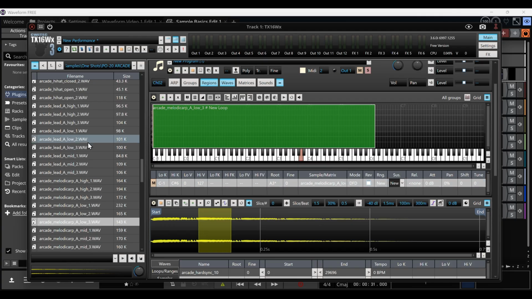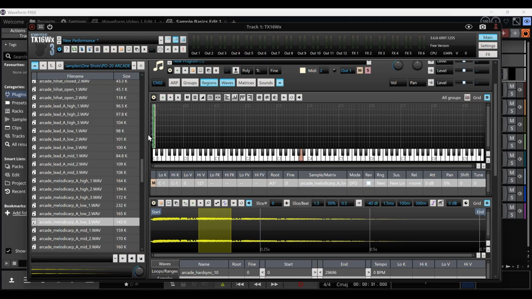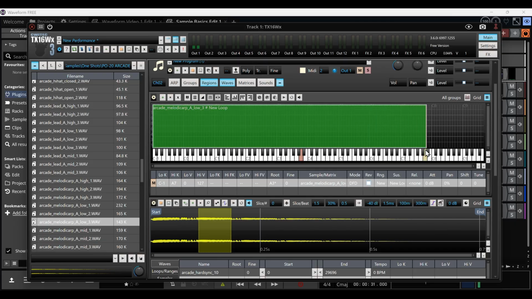You want to drop in a sound, right, from your samples library. Make sure that's organized. Once you do drop a sound, you can set the root note to it. Well, actually, sorry, you can expand it here, because if you drop one sound, it's going to look like this, right? Just one single thing. You can expand it so that you have more of a range of notes to play through, right? And then you can also loop that sound, right? So if you loop over here, you set the range and the sustain to that new loop, it will sustain